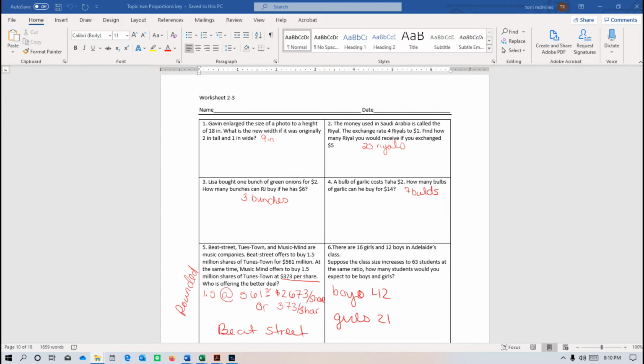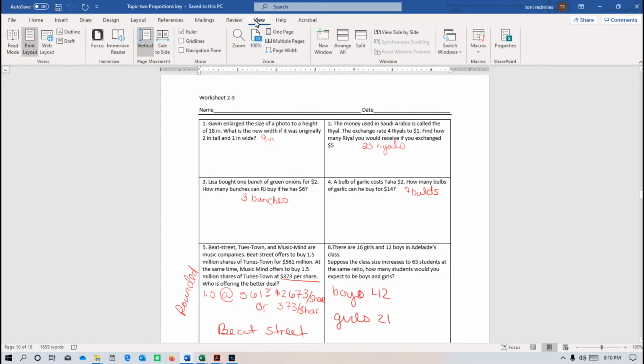Start grading your work. Let me just zoom out a little bit so it's easier to see all of the